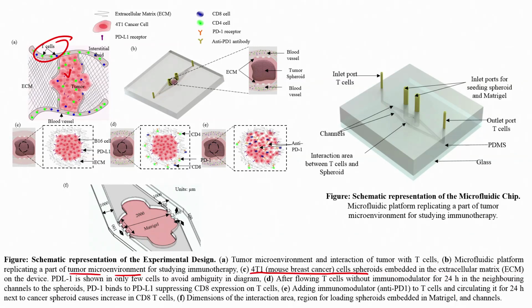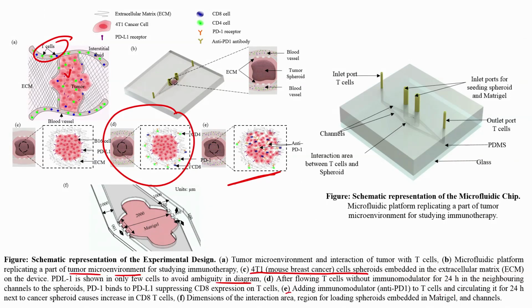PDL1 is shown in only a few cells to avoid ambiguity in the diagram. D will show after flowing T cells without immunomodulator for 24 hours in neighboring channels to spheroids. PD1 binds to PDL1, suppressing CD8 expression, while adding immunomodulator to T cells is shown in E representative diagram, and